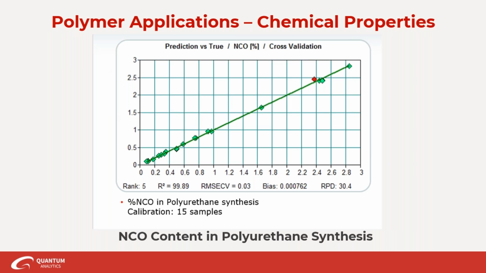So here's another one of those calibration models like we looked at a few slides ago. This is for isocyanate concentration in polyurethane synthesis. You form polyurethanes by adding polyols and the NCO, the isocyanates, with the catalysts and additives in the reactor. So the first step is to produce a precursor to the final product by the reaction of a polyol